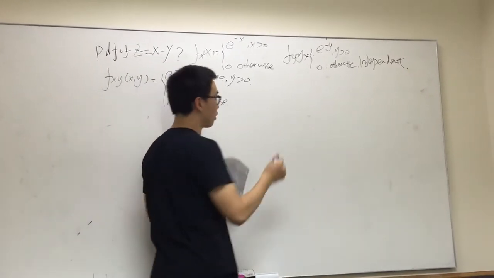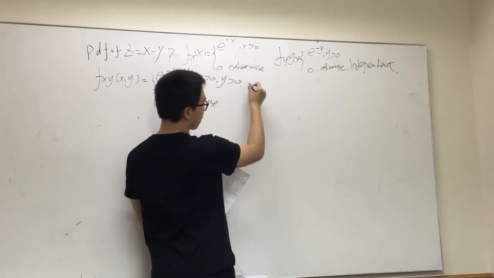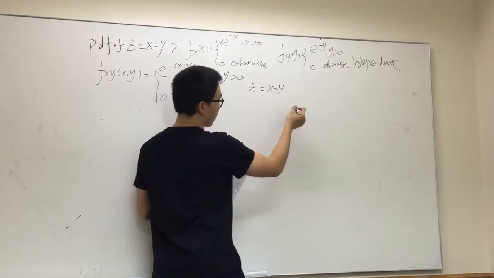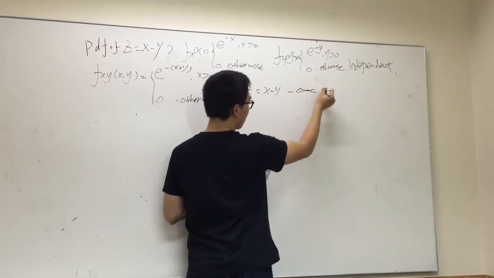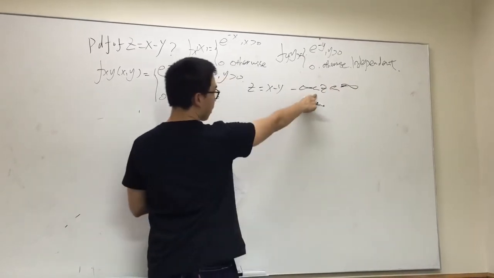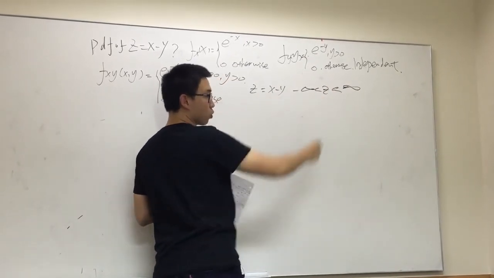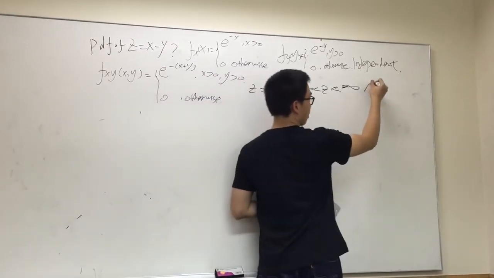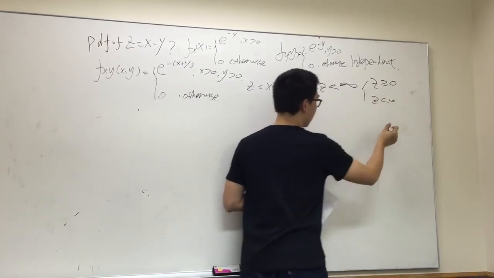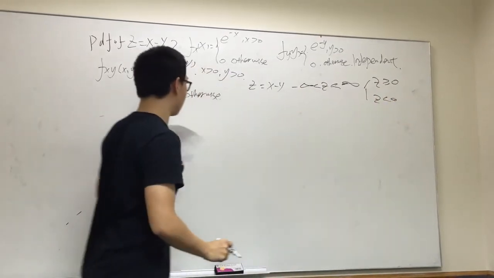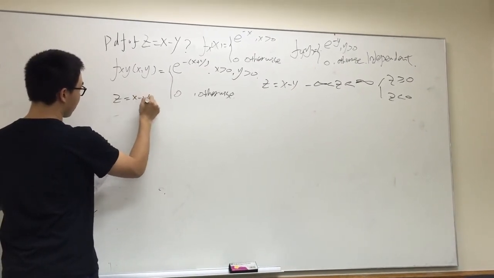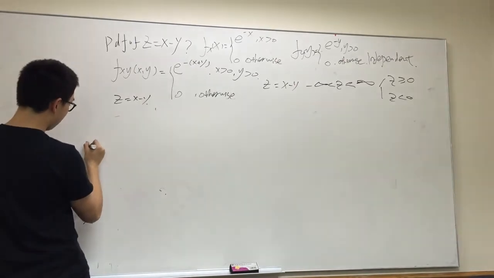I will first find the range of Z. Because Z equals X minus Y, we can get that Z is from minus infinity to infinity. And here I want to split Z into two different scenarios, which is Z greater than 0 and Z less than 0. First I want to sketch the line of Z equals X minus Y,